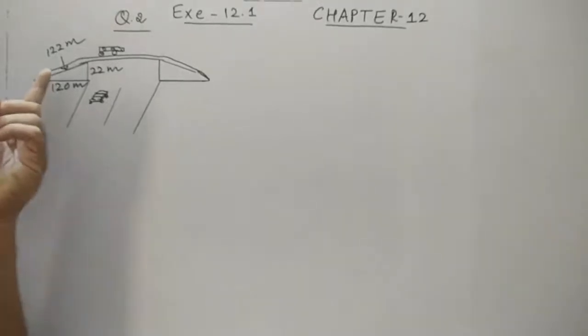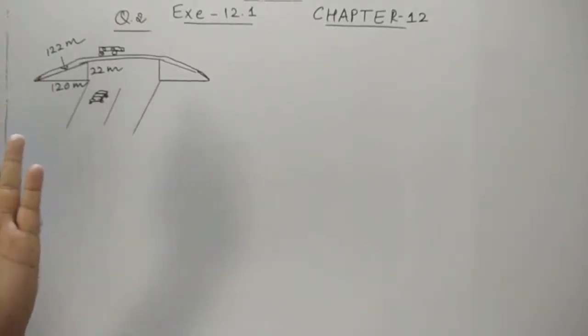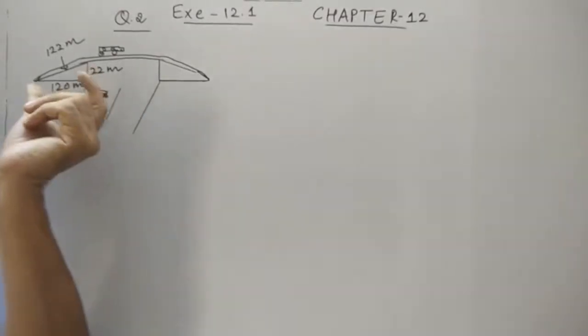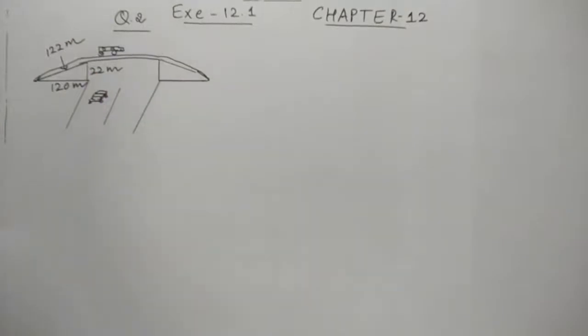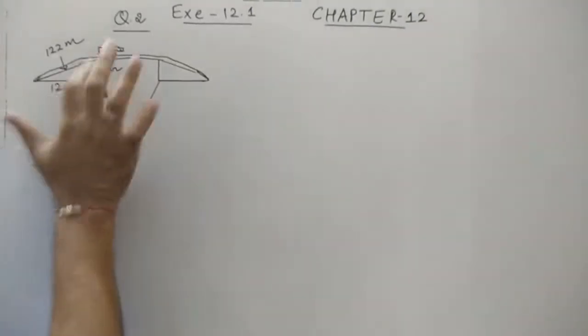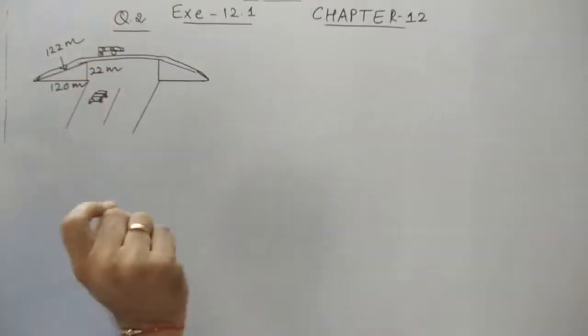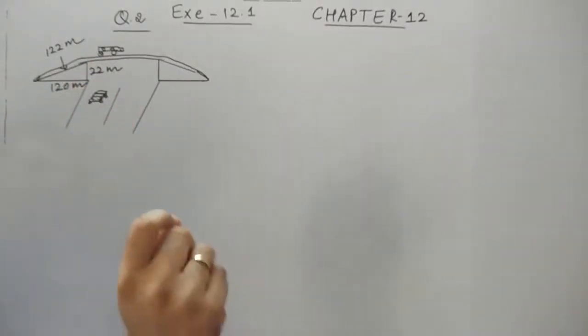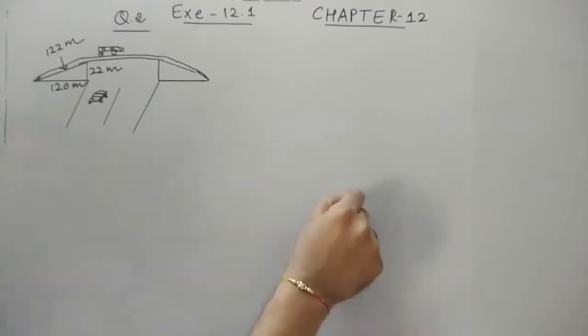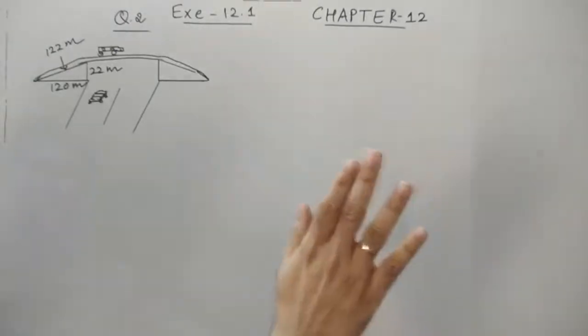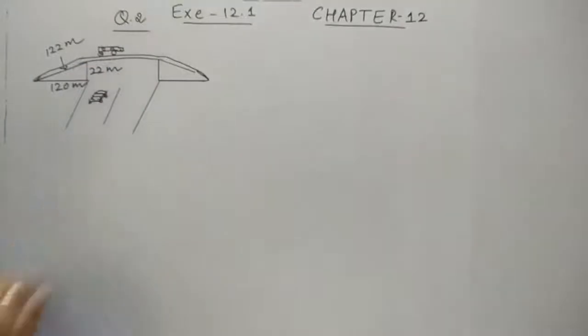It means the charge is 5,000 rupees per meter square per year. This is the cost. One company hired this wall for 3 months. How much rent did they pay? The question asks that one company hired this for 3 months. See, that is important. And the charge they have given is rupees 5,000 per meter square per year. But the company is not taking it for 1 year, only for 3 months.